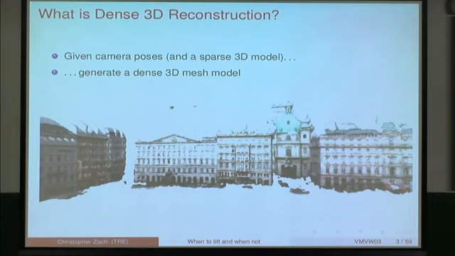This was 10 plus years ago, so these days you can do much better, but it gives you an idea. These models can be used for entertainment, for reconstructing delicate objects to show on virtual displays in museums for cultural heritage preservation, and one of the early goals was flooding simulations, etc.